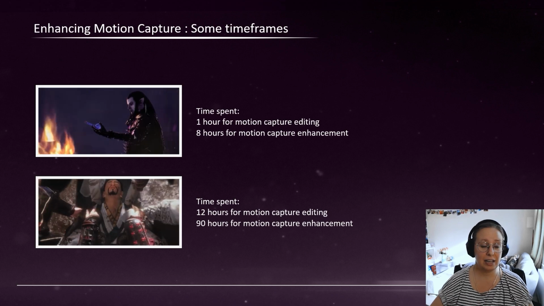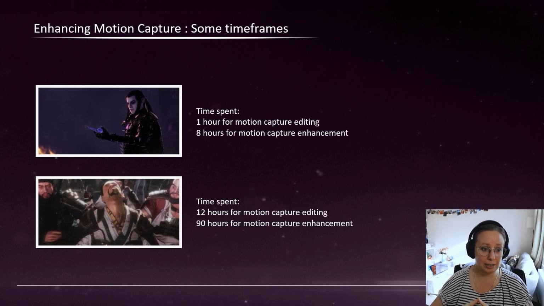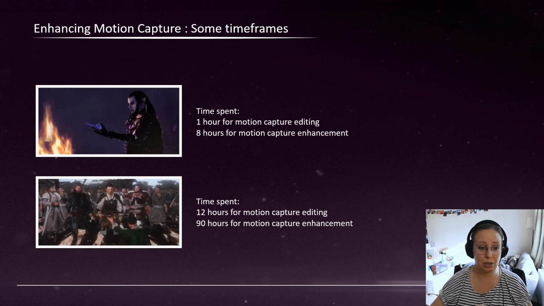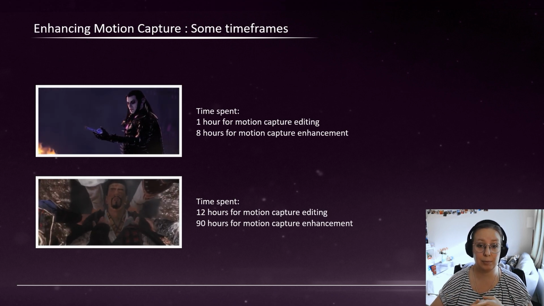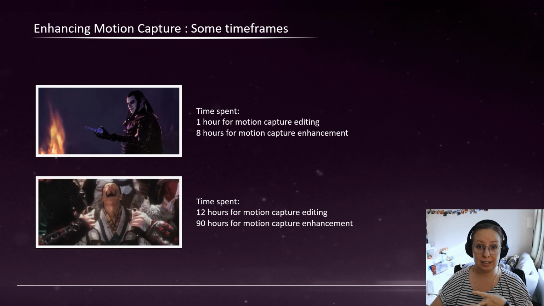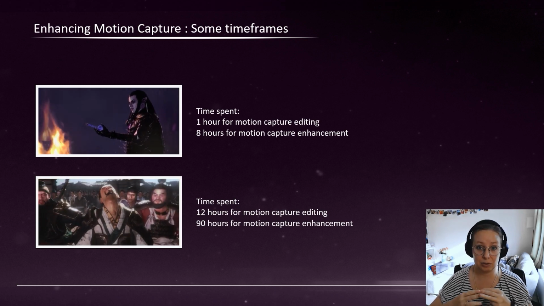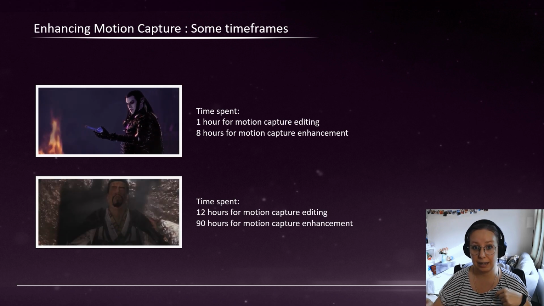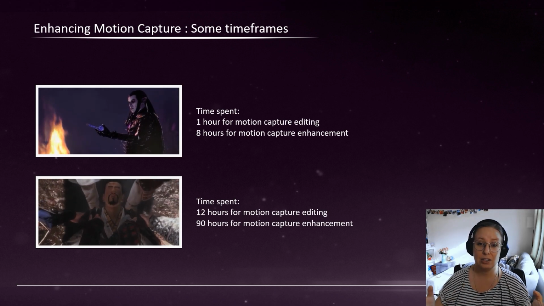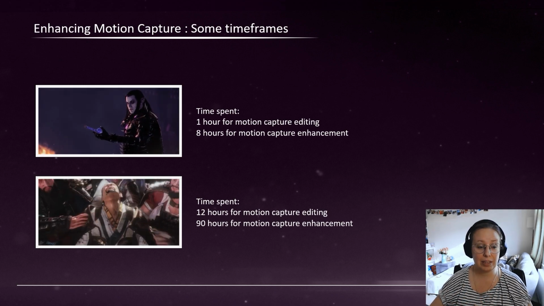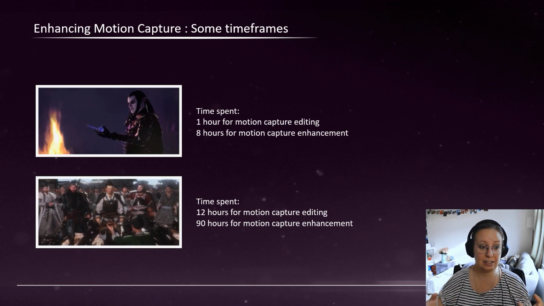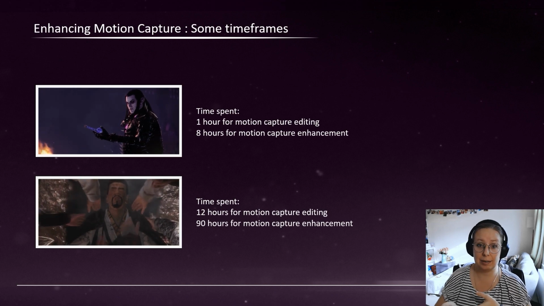noise under. And then for the Liu Bei trailer with all those characters, that was a lot of time spent to edit the motion capture. So time all the characters together, line them up, pick the takes, because we had multiple takes with the actors doing the same action but for different characters. So we have to time all the speed between the characters so things work correctly, and then align them, and then transfer that into Maya